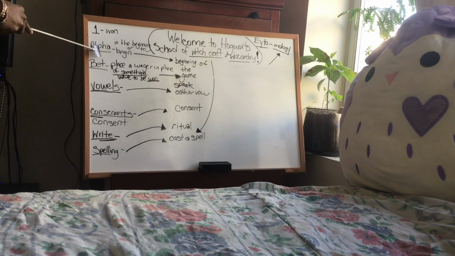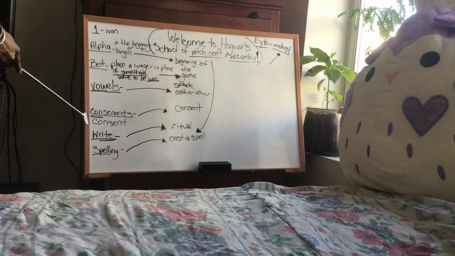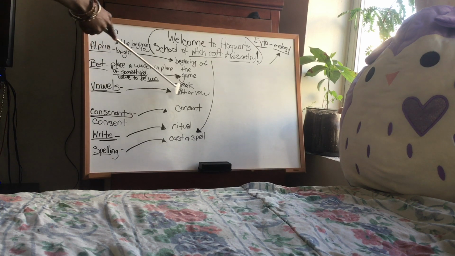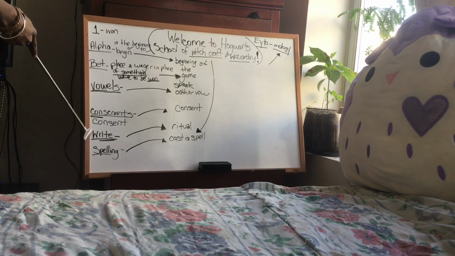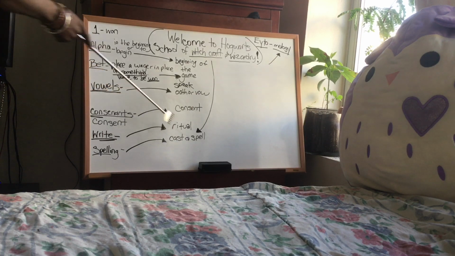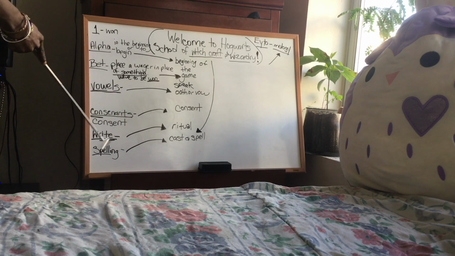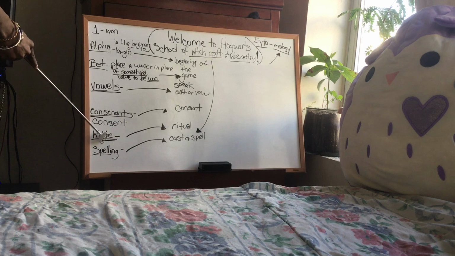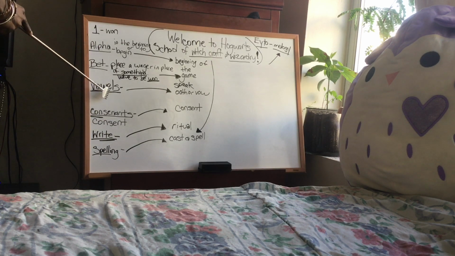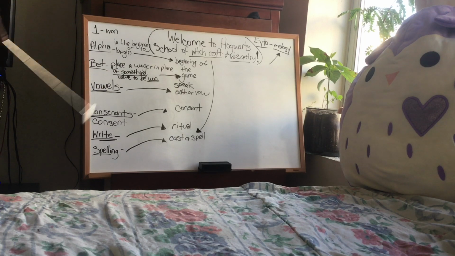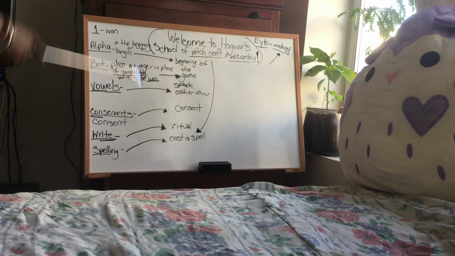After you learn how to read and write, how to do your ABCs, the alphabet, you learn your vowels, you learn your consonants, which means to consent, you learn your vowels, which means to speak oaths, you learn how to write, which is to do rituals, and then you learn how to do the rituals, which is the spells of the rituals. So you learn how to spell while you're doing the ritual, you're consenting to it, and not only are you consenting to it, you're speaking it out loud. And this is all a game to be won.